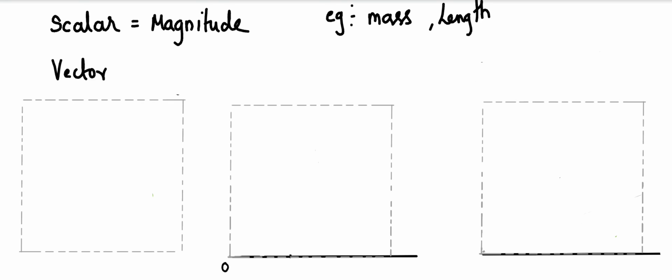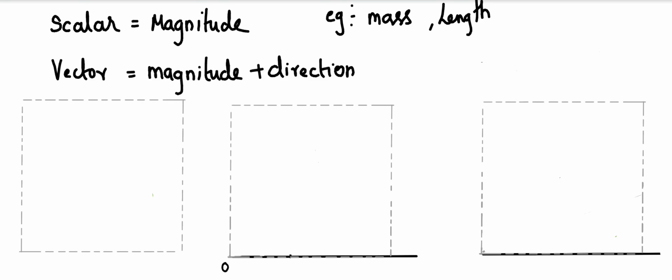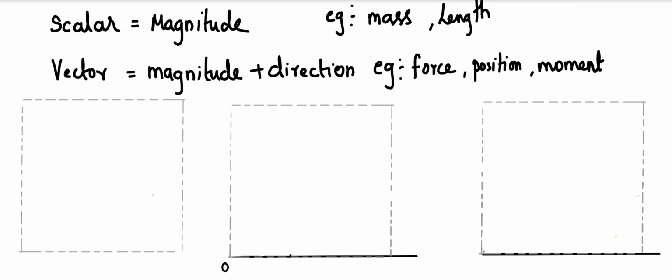Similarly, we face quantities which need to be defined completely by expressing both magnitude and direction, for example force and position. I would like to explain with position what a vector is. For example, if I want to define the position of this point P in this region I consider, I have to express this position. So how to express this position?